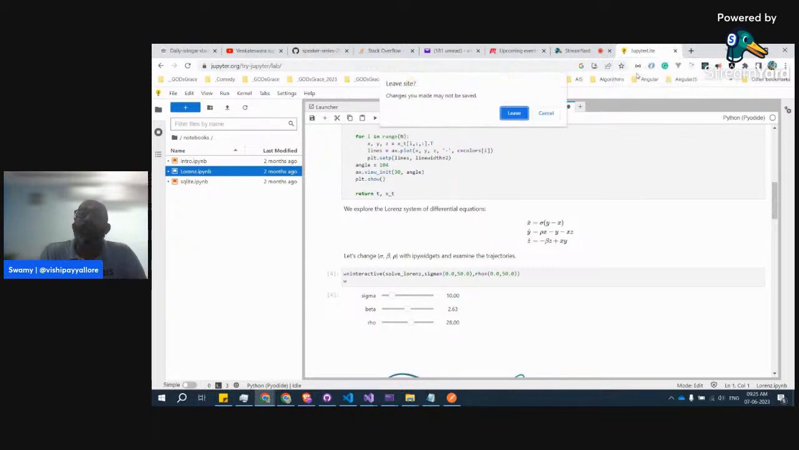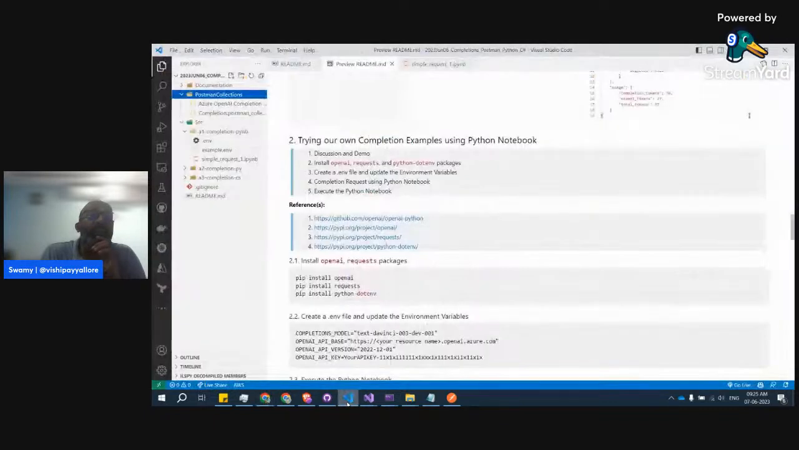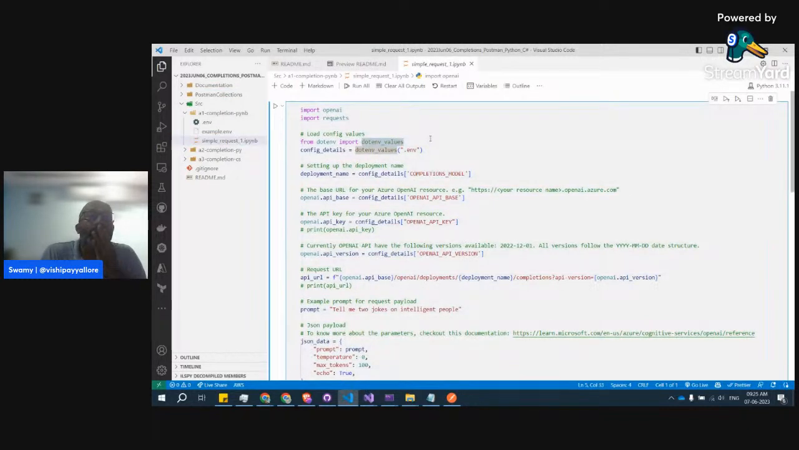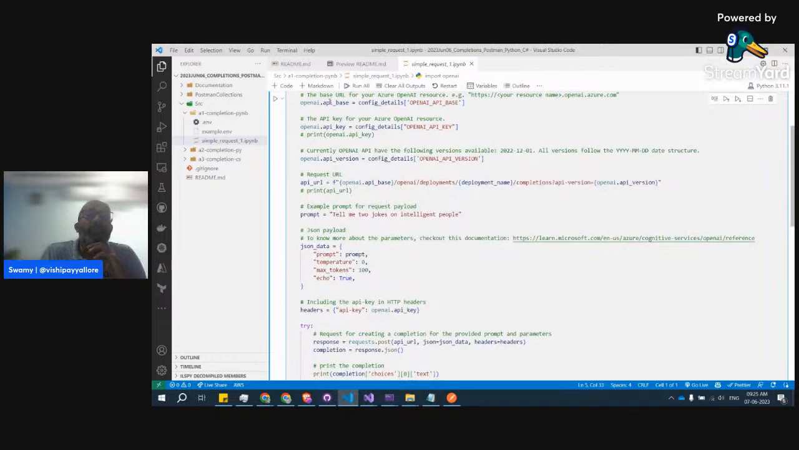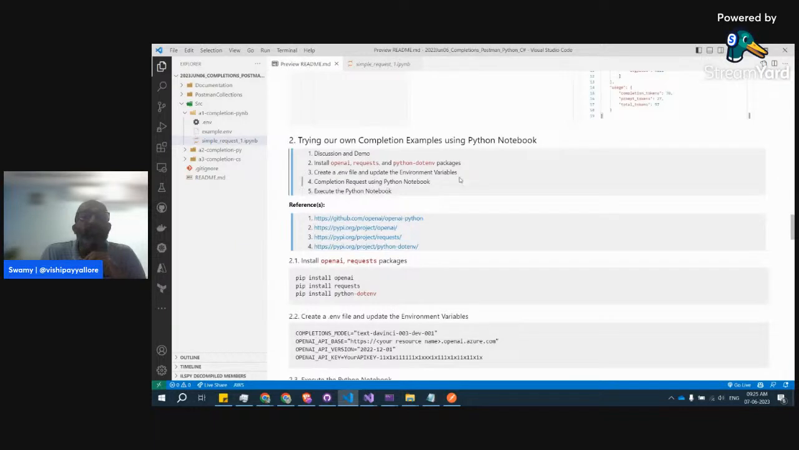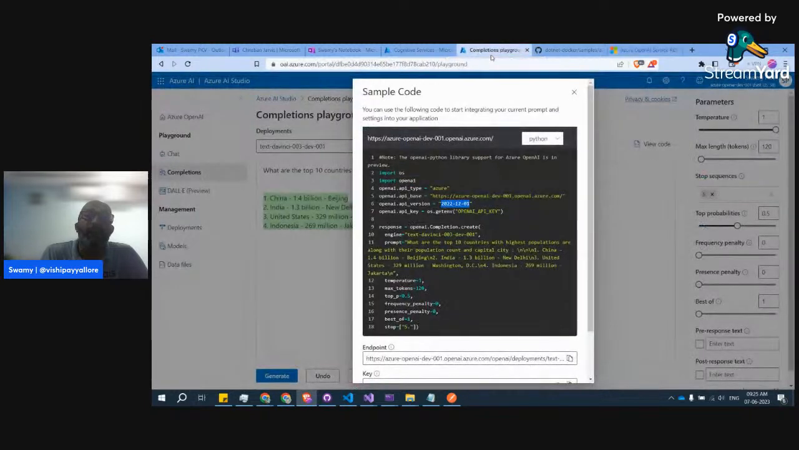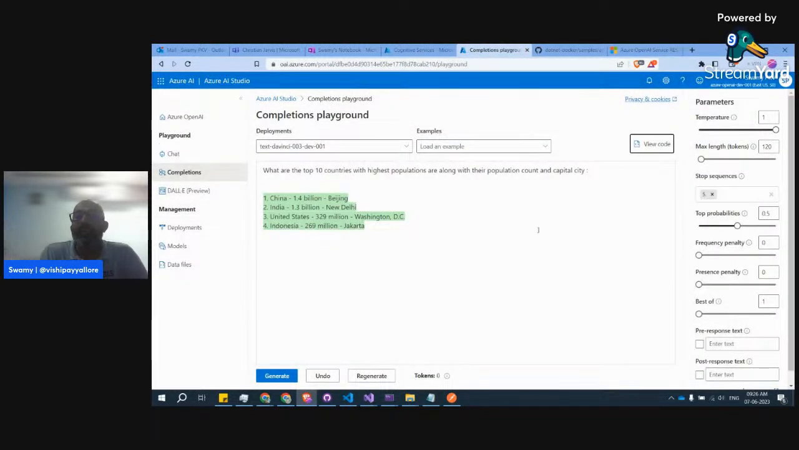Or another way we can do is creating the IPYNB file. So this is the one. Okay, so that's one thing. And the second thing is we will see there are OpenAI request and Python dot env. Those are a few things. But before proceeding further, I just wanted to step back and tell you whatever is there